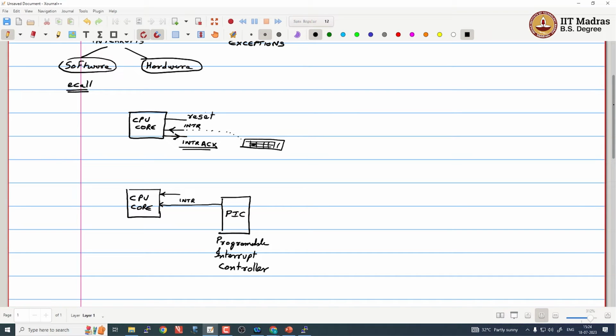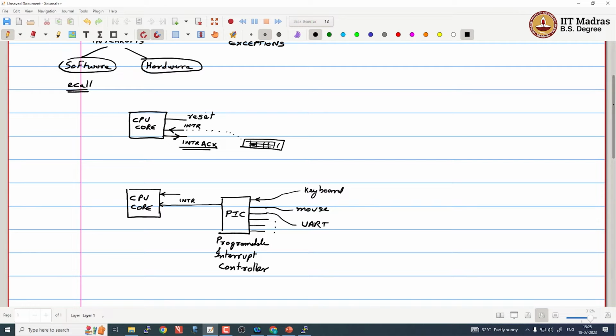Now, the PIC could have multiple lines at its input. Each line could be connected to a different device. For example, this could be connected to the keyboard, this to the mouse, this to, let's say, the UART,